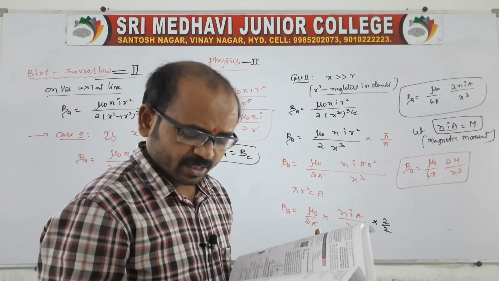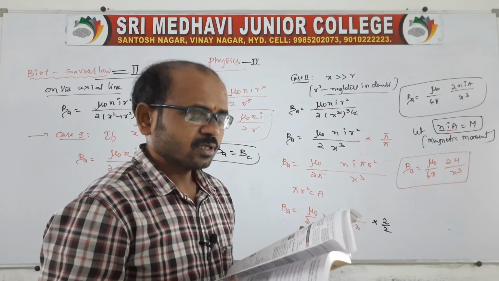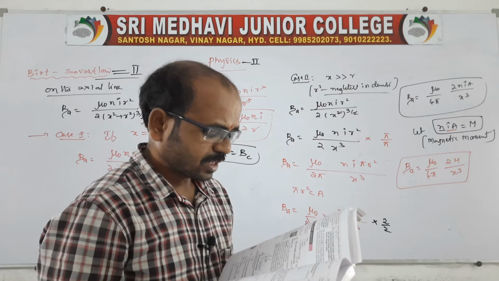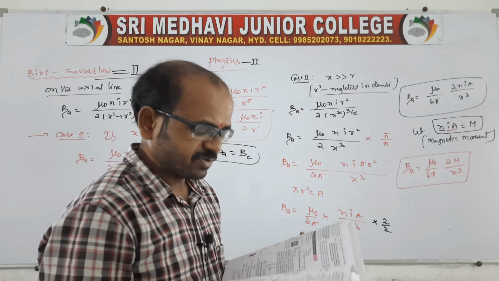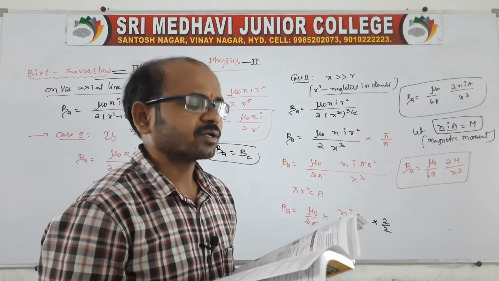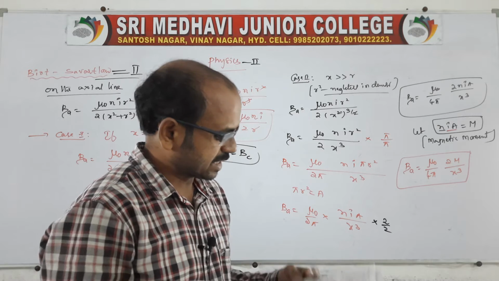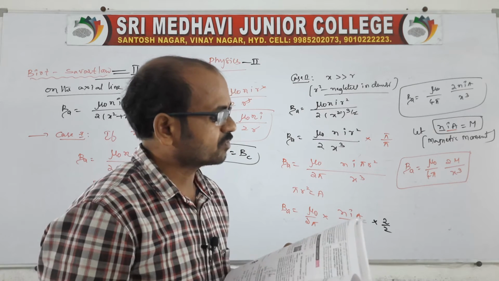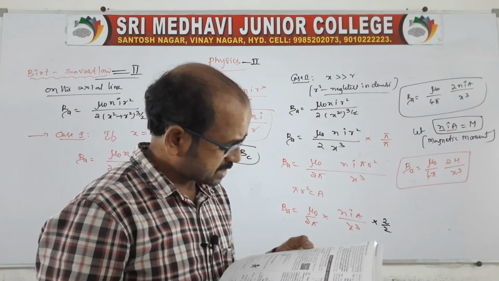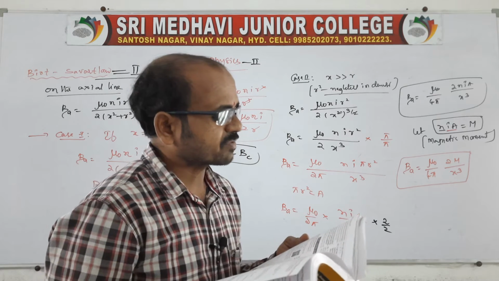Clear? And here on page number 211, question number 5 is also important, as well as question number 4. Better you refer to these two questions from your materials. From this chapter we are actually getting one or two 4-marks questions. See page number 210, question number 1 is also very important.